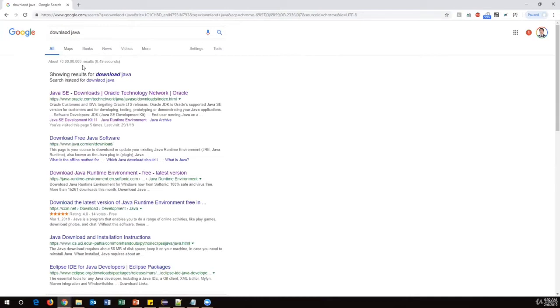So we have to download two components here: JDK, and JRE also. Previously it was not the case. When you downloaded and installed JDK completely, JRE was also part of JDK. But nowadays we need to download both and install both, JDK separately and JRE separately.